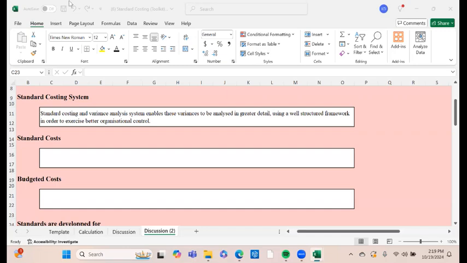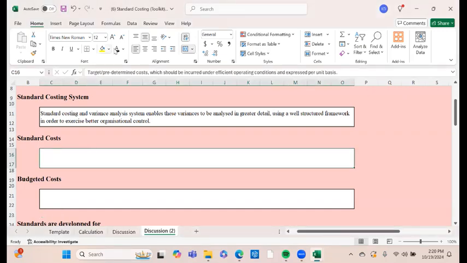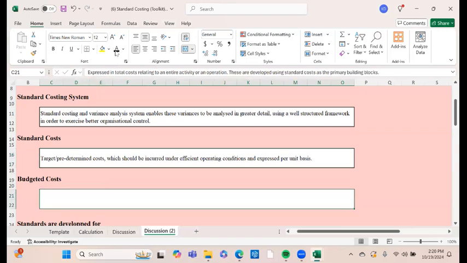Similarly, sales is the same scenario. Our sales budget will tell us sales volume and the sales revenue generated, but the sales standard will tell us what is the sales price and what is the standard sales mix. All those things will help us to prepare the overall sales budget. So the budgets are prepared using the standards, which are the building blocks.